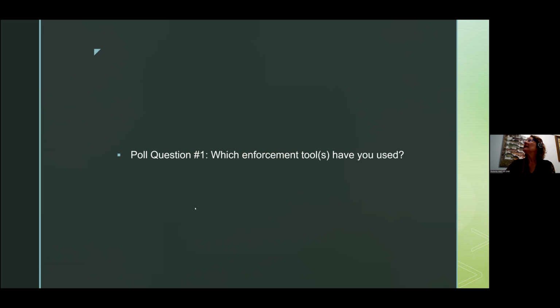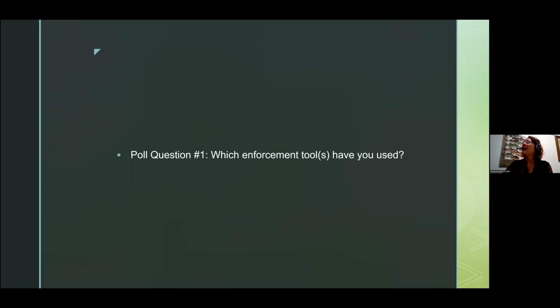All right, last minute entries, and we can end the poll. I'm sorry if I cut anyone off, but it looks like the vast majority of folks have utilized some type of notice of noncompliance and or violation. No one has really weighed in on citation or suspension or revocation. We have a couple of others.